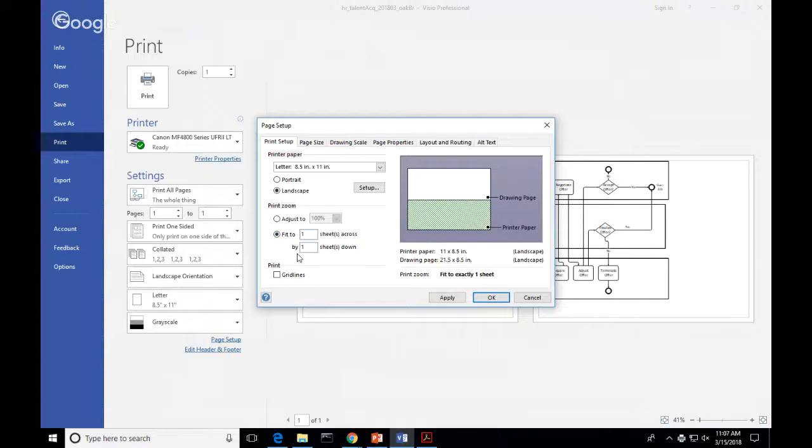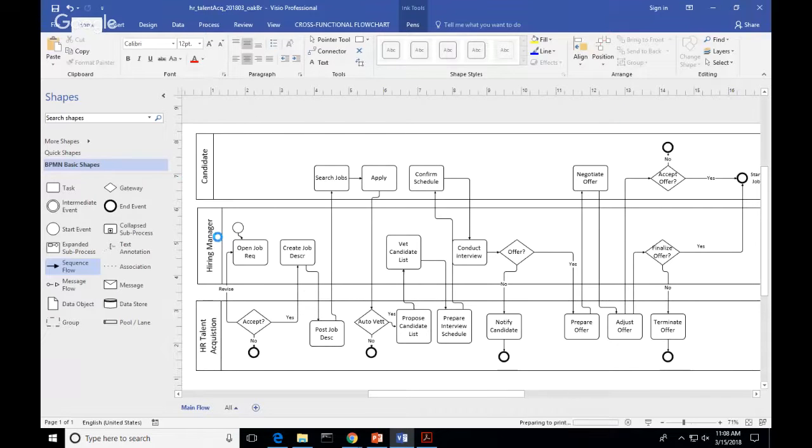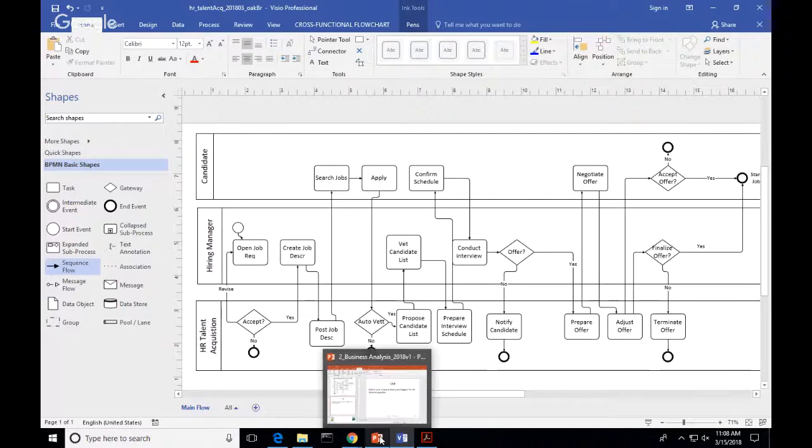Okay, I just tried the PDF. Let me see. Okay. The PDF